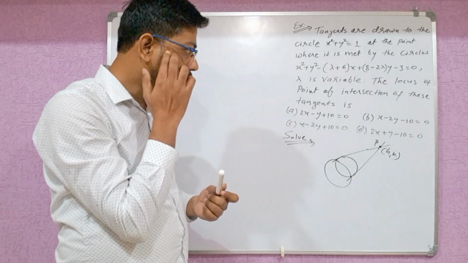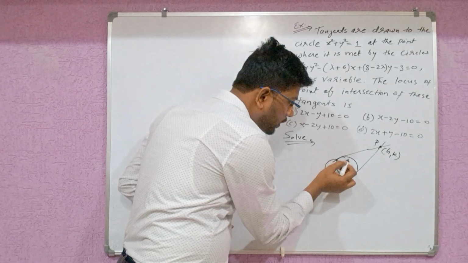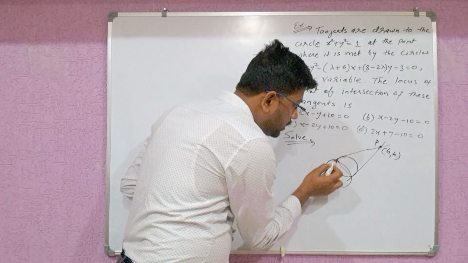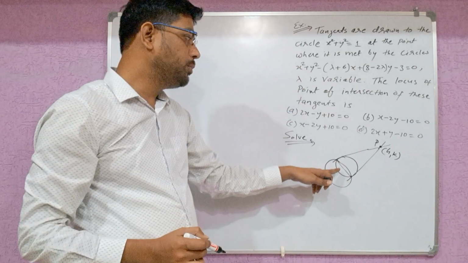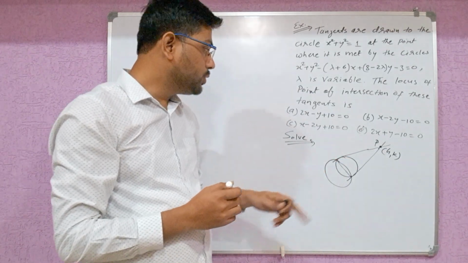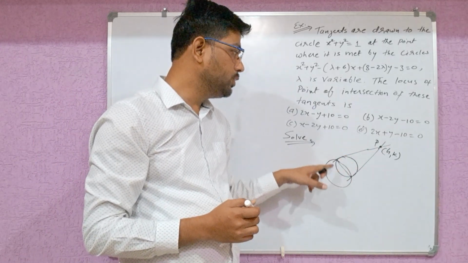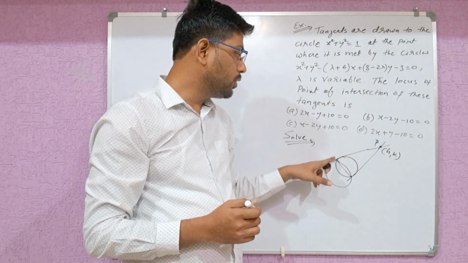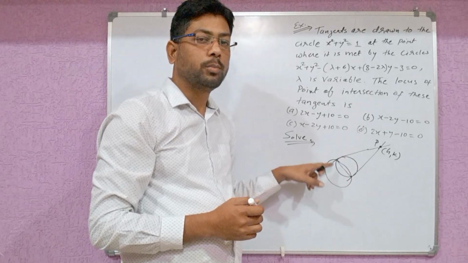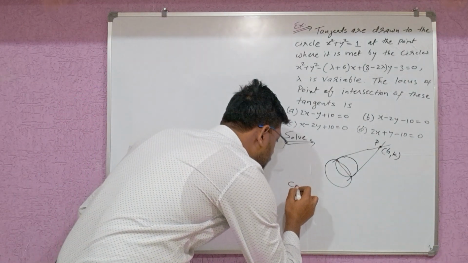So see here, where these two circles are intersecting, if I join these intersection points, this will be the common chord of these two circles. And also this will be the chord of contact for this point corresponding to this circle. So this is also chord of contact for this point corresponding to this circle, and this is also the common chord of these two circles. So this is the common chord,